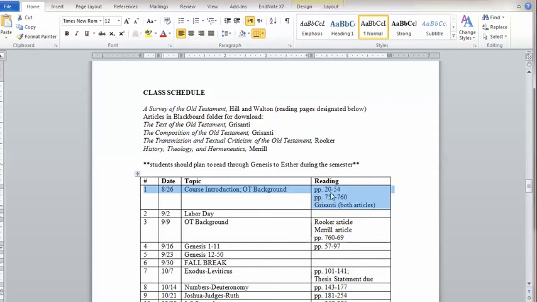So, for example, week 1 is what we'll be covering in today's lecturette overview, stuff that I've put together in lecture, but also based on the reading here that you would do before class. And then what you would do before class is do your theological high point, but we're not covering a book until down here. So what I want you to do here is to record a summary of some of the high points that you've picked up in your reading based on that assigned reading in this box here. So that's something you can put in your Blackboard journal for the first week of class.